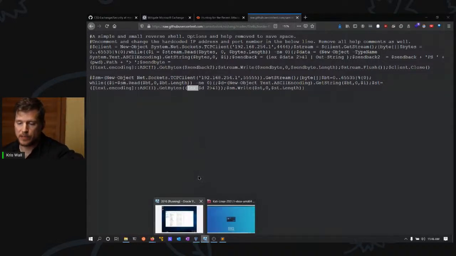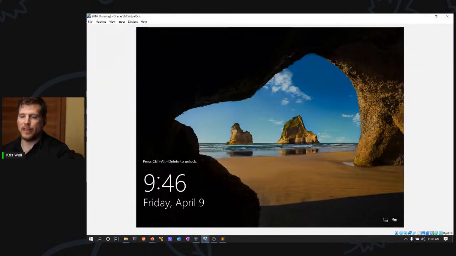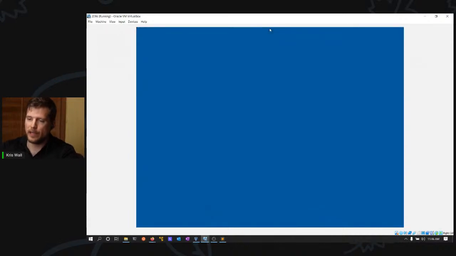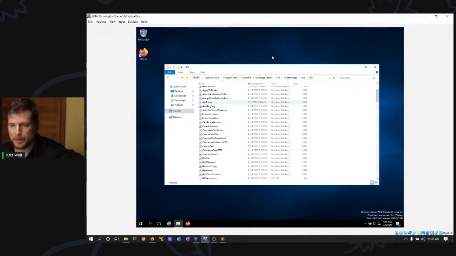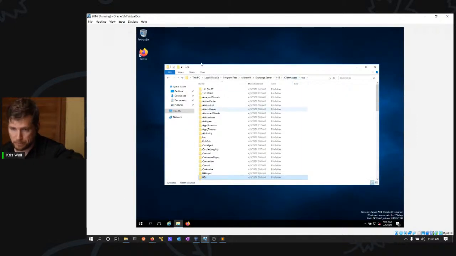So we do have a system here where you can take a look at these locations. Go ahead and get authenticated. This is an Exchange server I have here, and we're going to use this for our demo purposes in a moment. So you can come in here, and you definitely want to spend some time looking in the